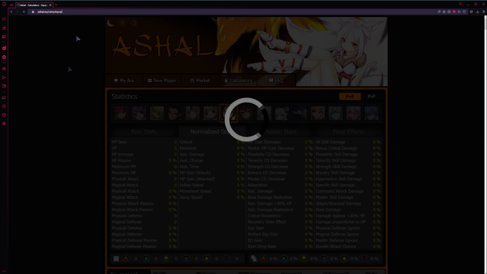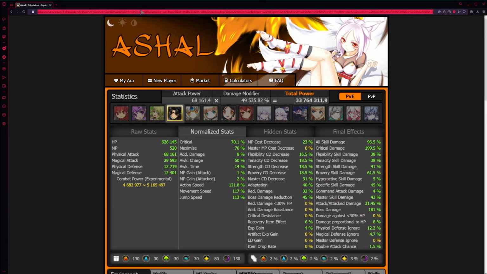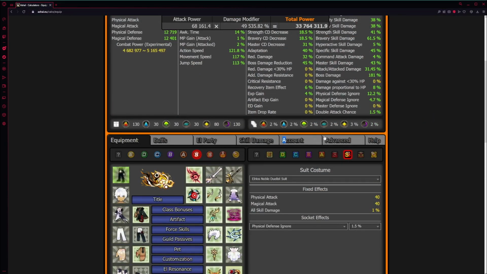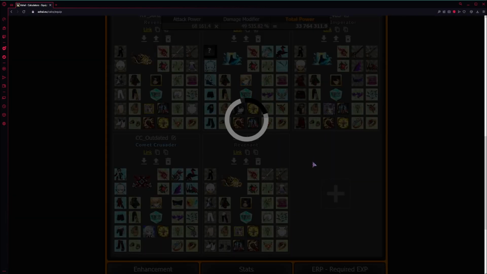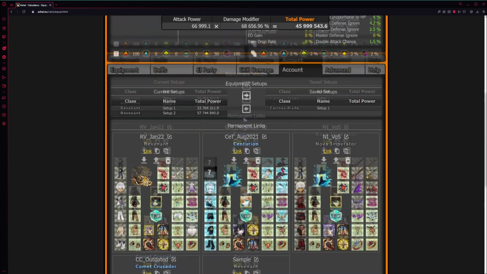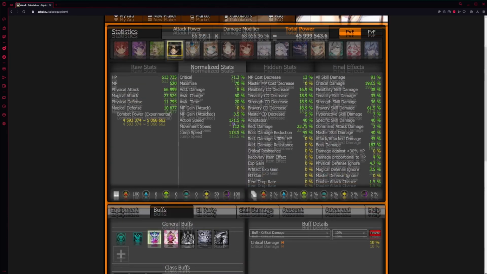And what you can do is once it's loaded up, and this is what I do, it has this really long link. I like to just bookmark whatever I have if I don't feel like opening up my account and then loading in my stuff like this. So I'm going to load in what my current setup is. I haven't added in my ERP, but this is with my actual proper sockets.